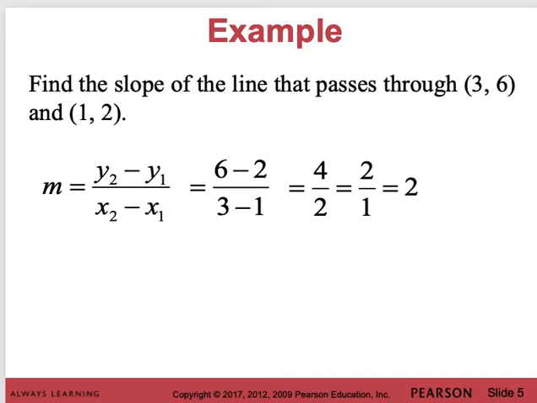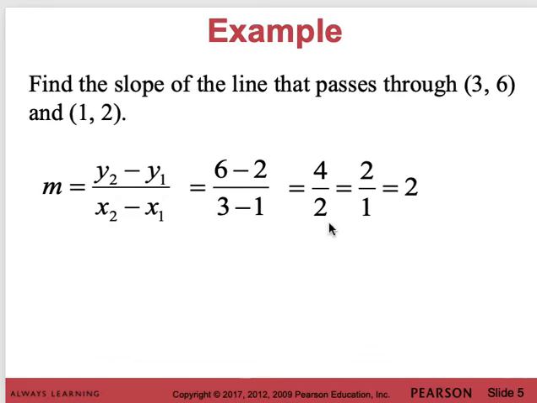Here's an example. Here's 2 points. I want to find the slope represented with the variable m. And to do that, I would assign whether this is x1, y1 or x2, y2. In this case, this example has labeled the first point as the 2. And I know that because the 6 is listed first, and that was listed as y2. So if I did 6 minus 2, subtract my y's, over 3 minus 1, subtract my x's in the same order,